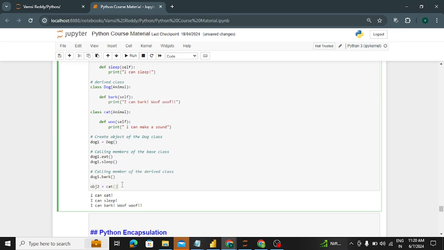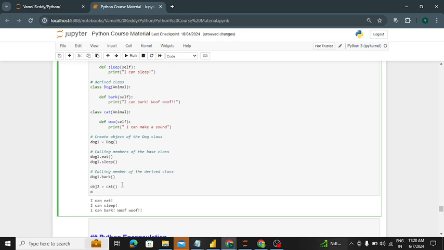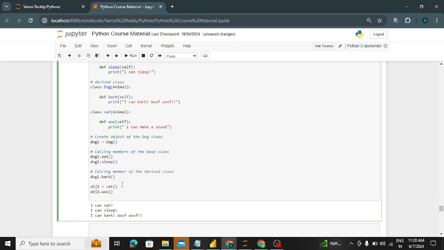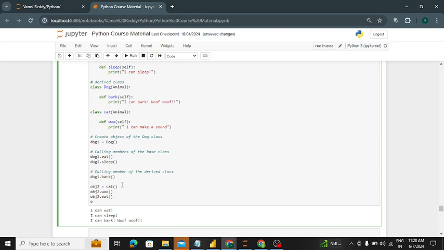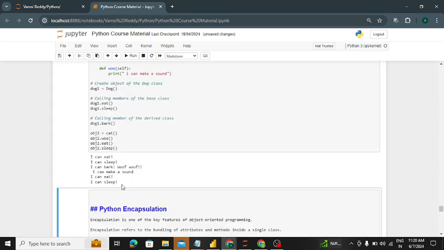Now I am calling the cat features: obj2 dot move, obj2 dot eat function, obj2 dot sleep. If you run this, the outputs are: I can make a sound, I can eat, I can sleep.